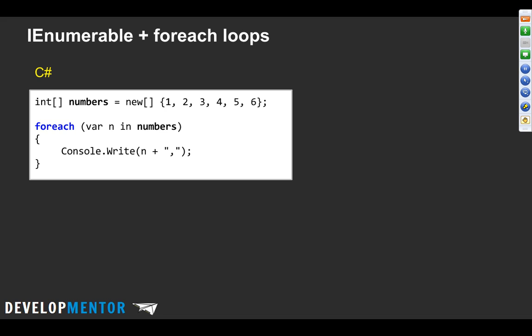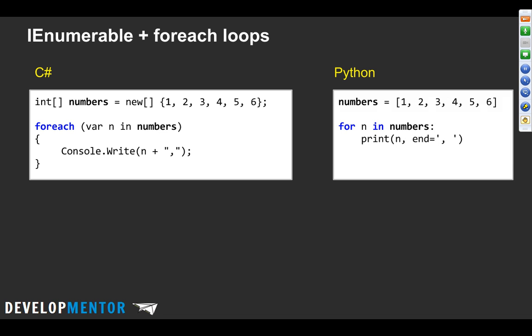We already talked a little bit about foreach loops. So this is really nice. We've got a set of numbers here in C#, and the fact that we don't have to use indexes into this, we can just say foreach var n in numbers and write it out. That's super nice. And we saw already that we can do the same thing in Python. We used a for loop, not a foreach loop, because Python doesn't actually have the indexed version of a for loop. This is their only type of for loop. They also have a while loop, but beyond that, these are basically the looping constructs. Okay? So we saw this with our days in our language example before. So let's just keep going.